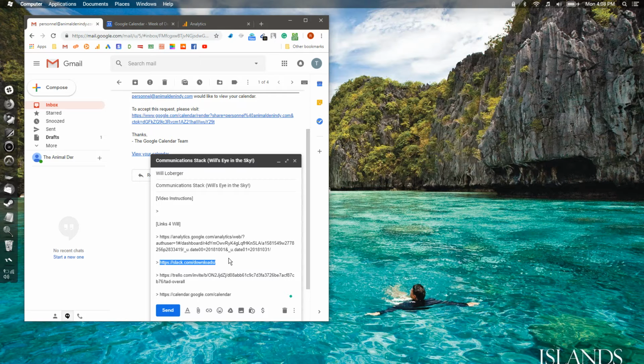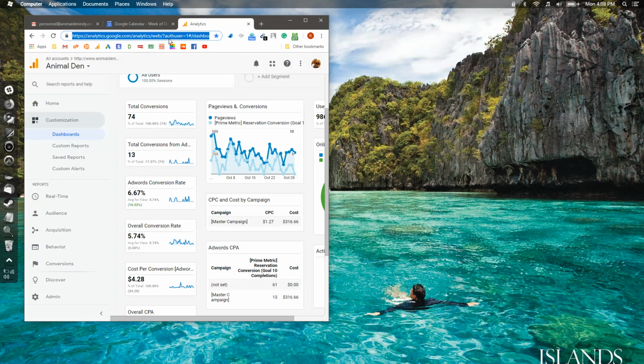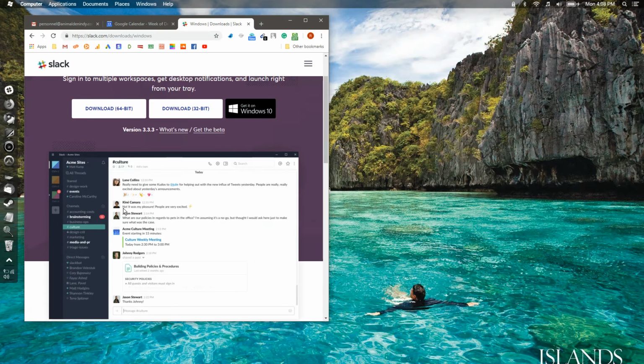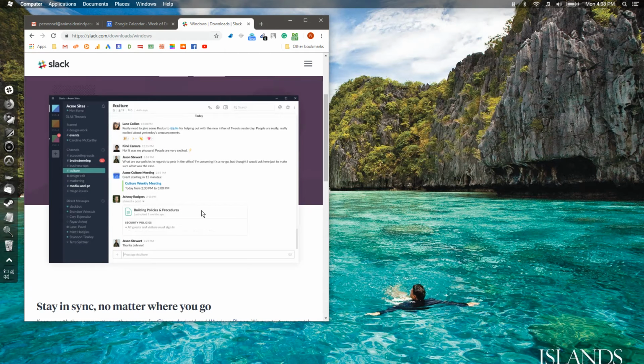Okay, Slack downloads. All you got to do is go to this link here. All right, download 64-bit. It doesn't really matter. 64-bit, 32-bit, both will work. If you have problems, just go back and download the other one. I might even go with the 32-bit because I don't think the computers that you guys have there are 64-bit, which I don't know. It didn't even matter. And then once you get it downloaded onto the computer, I will go in and create a chat room and all that good stuff.